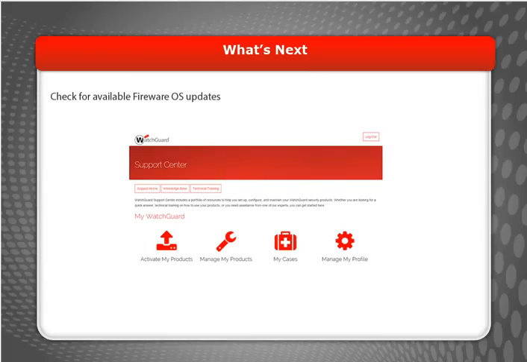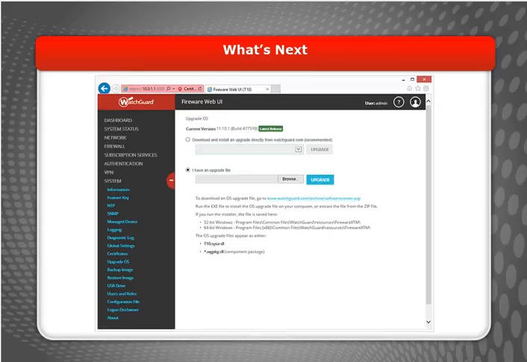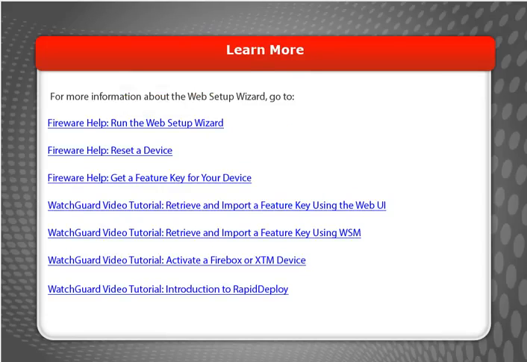If your Firebox uses Fireware version 11.10.1 or higher, you can see and download available OS updates right from the Fireware Web UI by selecting System, Upgrade OS. The top of this page shows the latest release if no updates are available. If an update is available, you can select it and download it to your device from here. For more information about the Web Setup Wizard,